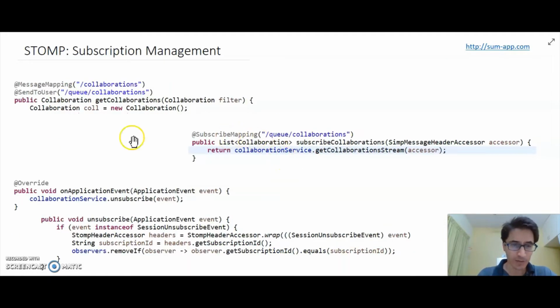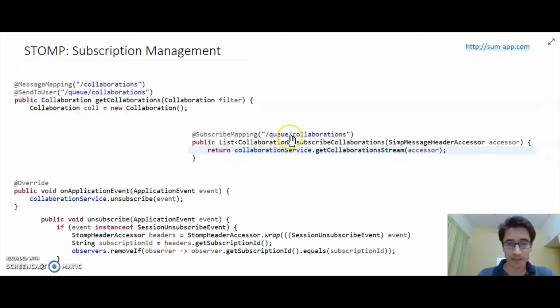In detail about the subscription management, the first one that you see here is a message endpoint, which is simulating an API call from the client, and the response is sent back to the user from the collaboration object. The marshalling and unmarshalling is handled by Stomp.